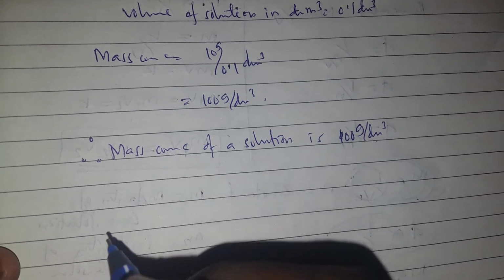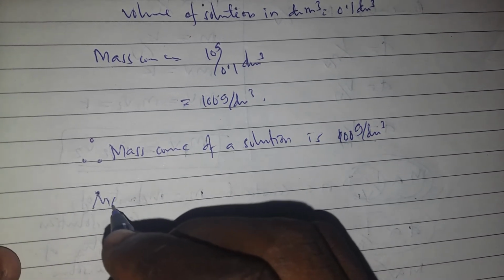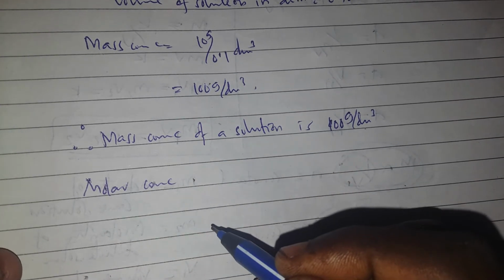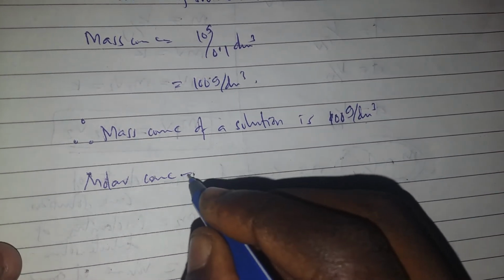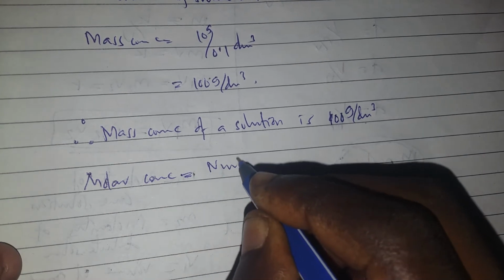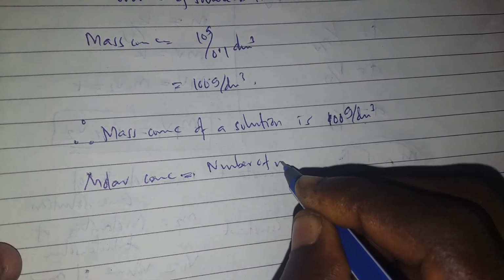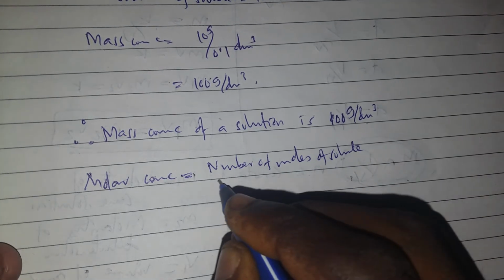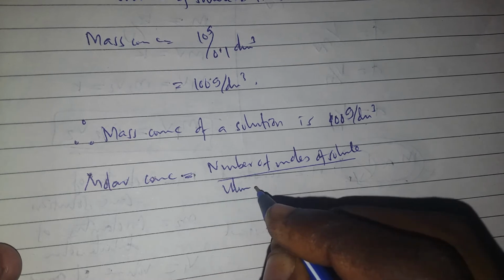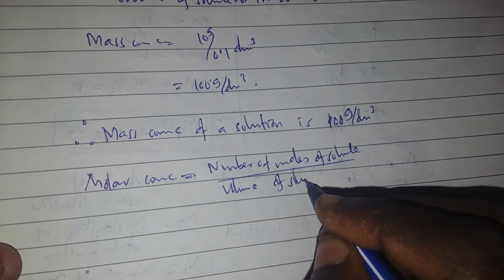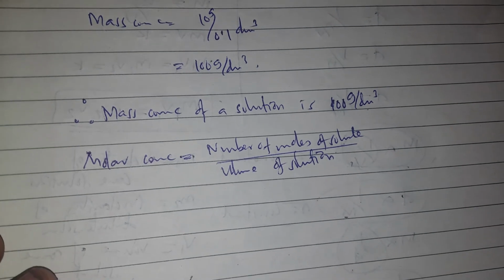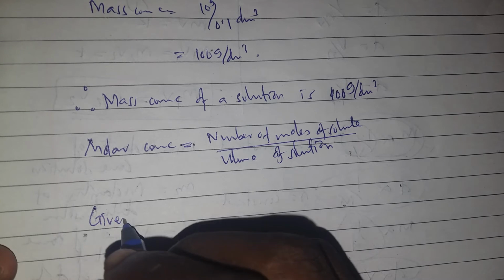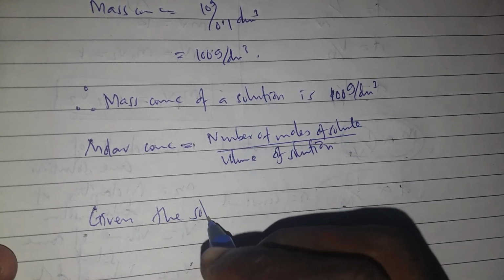Haya, toka hapo tunaenda kwenye swali la pili. Tumeulizwa molar concentration. Haya, kwenye molar concentration tunafanyaje? Molar concentration is equal to number of moles of solute divided by volume of solution. So cha kwanza hapa ni calculate number of moles of solute. So given the solution of normal salt